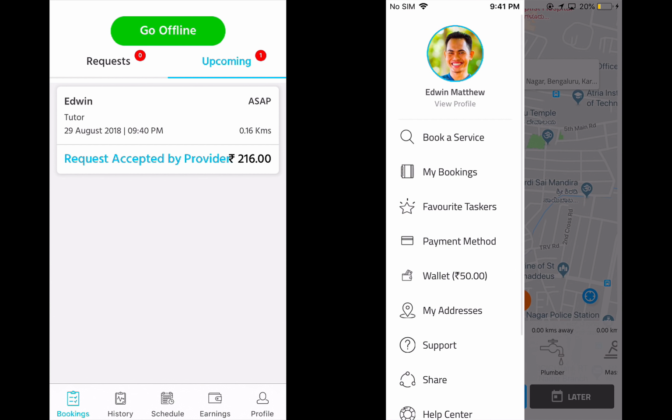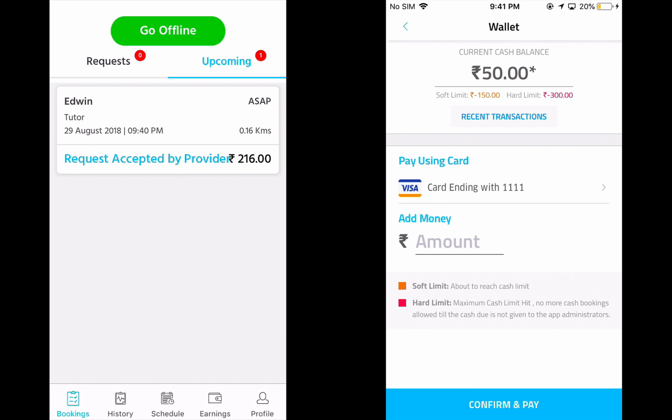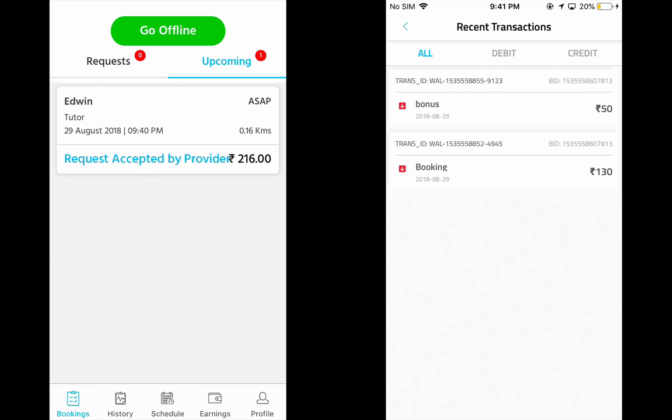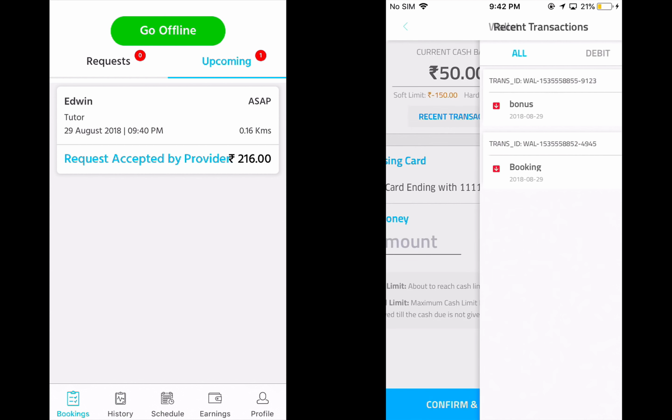So we have other small features on the app. Let me show you the wallet feature that we have. If I go back to my recent transactions, I think I would see some transactions on the app. So we had the promo code, which gave me a bonus of 50 rupees. So we had set up a loyalty program on the app that if I do two bookings on the app, I would be given a bonus. So you can see that bonus right here, which is a sort of cashback given to me for being loyal